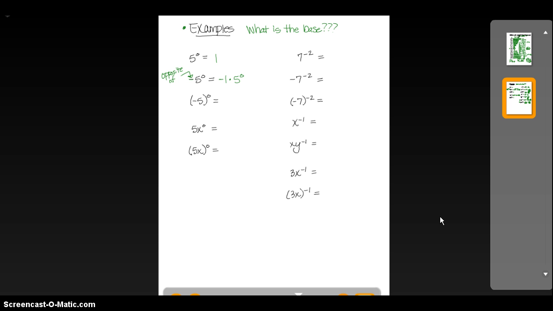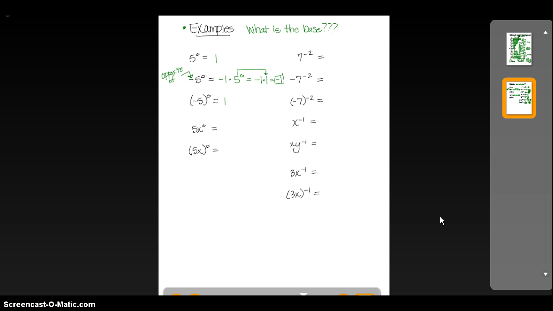Well, in 5 to the 0 power, the base is 5, so 5 to the 0 power is 1. So this final answer is -1. In this next example, with the parentheses, since the parentheses are around the negative sign and the 5, that means the base is -5. So we have one base raised to the 0 power,